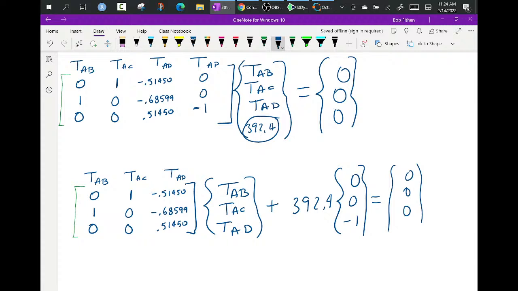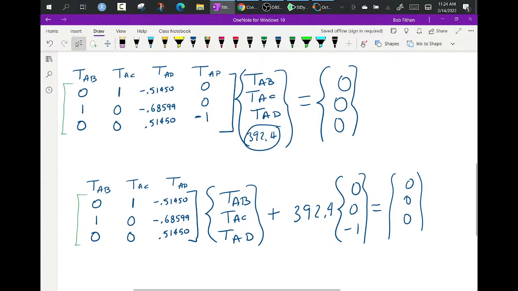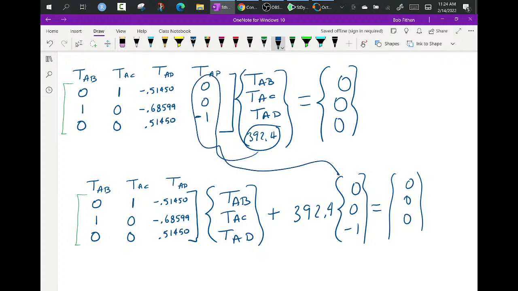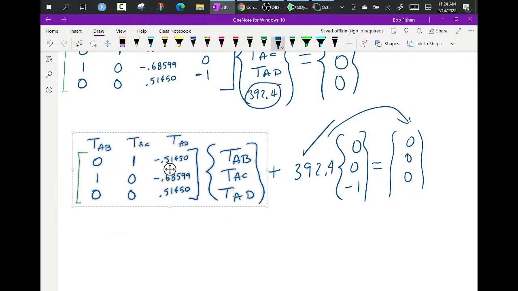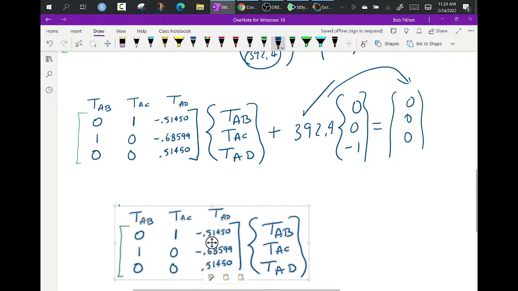Stare at that for a minute and say, hey, wait a minute. If you just had this, you multiply it times that, it's just that. I just extracted it away from the matrix because I know it. And now I can just move it to the other side, copy, and put that right there, equal to,